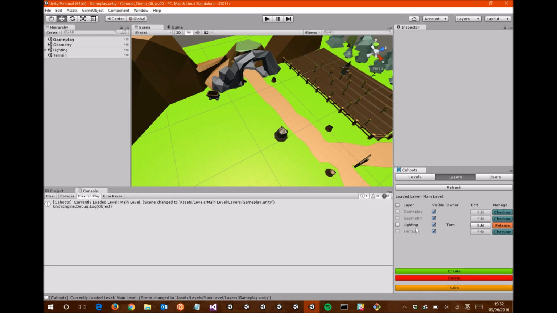Only the layer with my name next to it though, the lighting layer here, is available for me to edit, and you can see that this is reflected in the hierarchy view up here. So I can only drill down and see the game objects in the lighting layer. But I can only see and modify those game objects. So if I try and